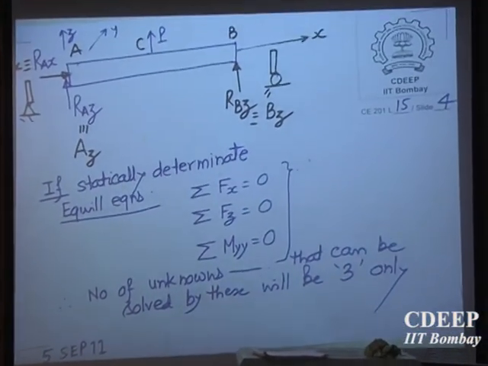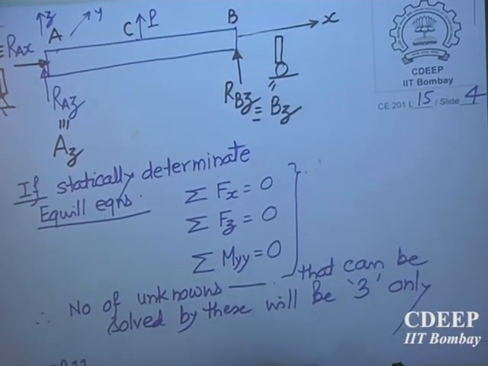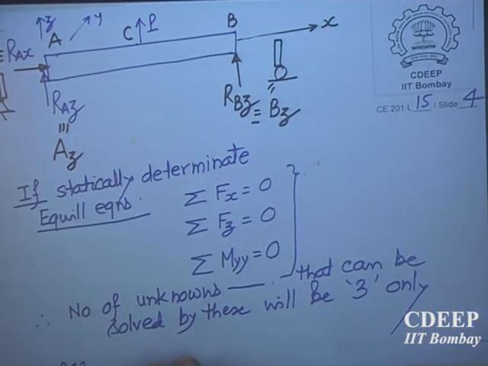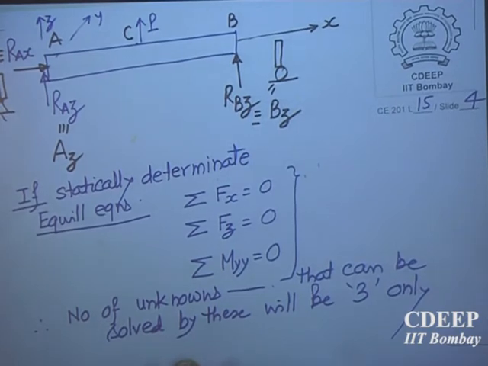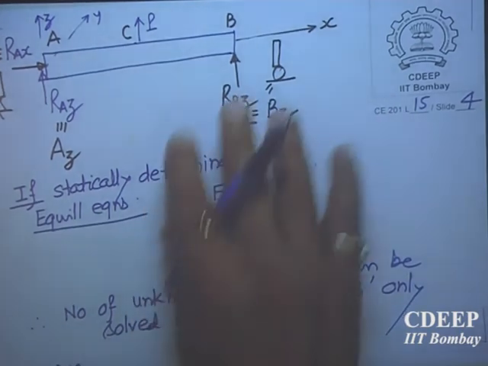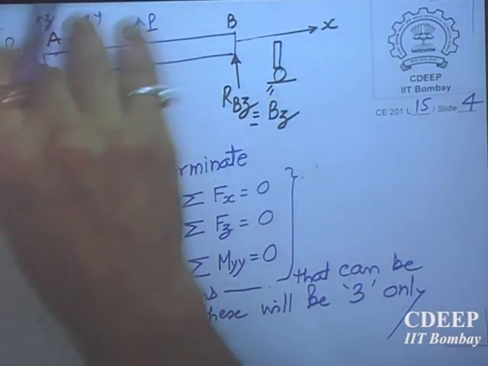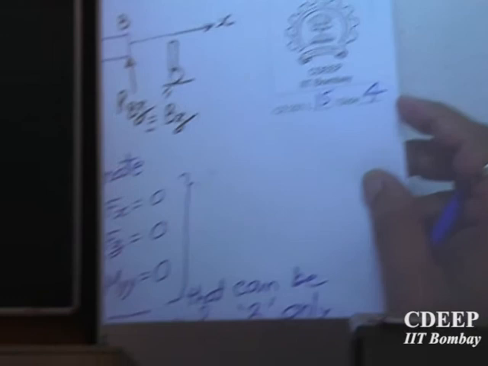But a minimum number of unknowns that can be solved with equations of equilibrium gives you the simplest, minimum number of constraints that will keep the body in a state of equilibrium. So this will keep it in a state of equilibrium. One side hinge, other side roller. So you can solve this. So determinate. You will be able to solve this. I think you must have done these reactions.